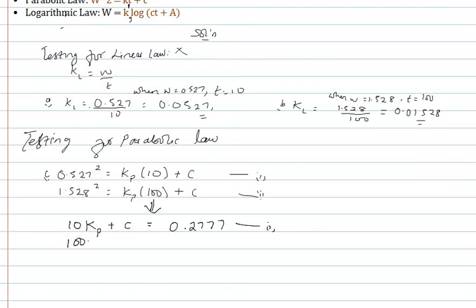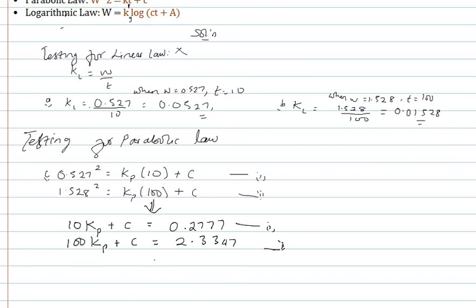And here you have 100 Kp plus C again is equals 1.528 squared, which will give you 2.3347. So here it looks clearer as a set of linear equations, right? So if you're using your calculator, you substitute the values of 10 and 100 as the coefficients for your first variable Kp, and for the second variable, in both cases the coefficients are 1, 1, while your constant value is